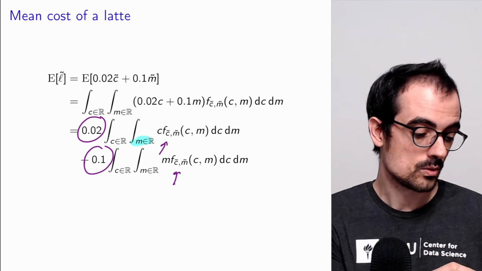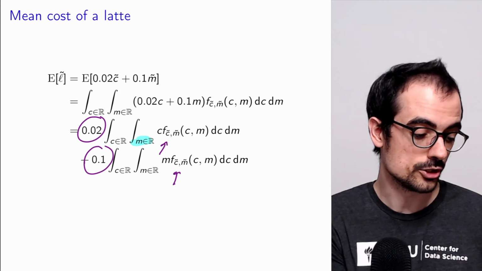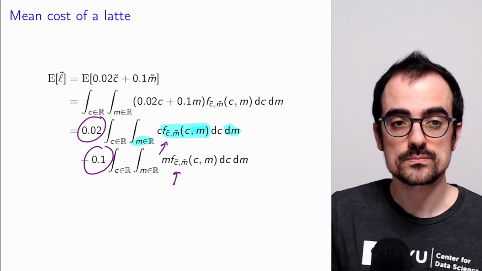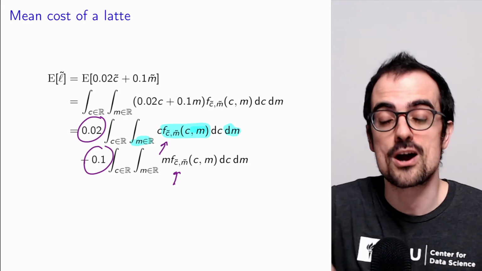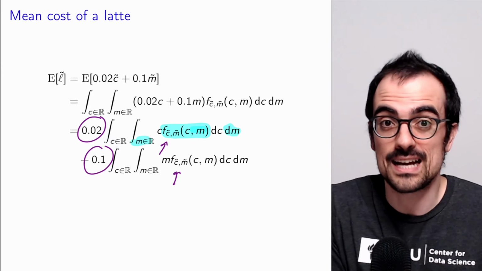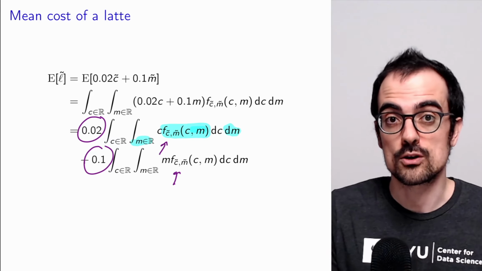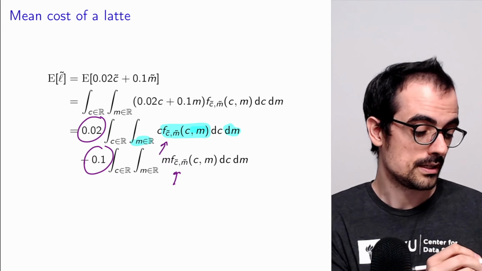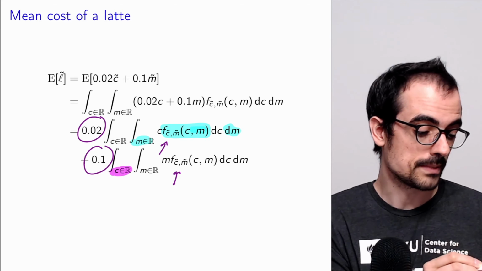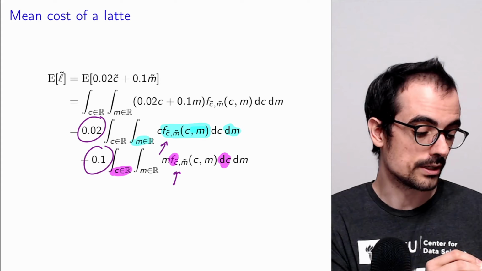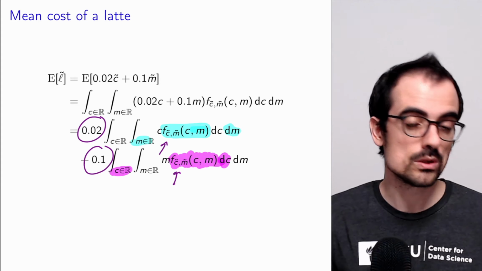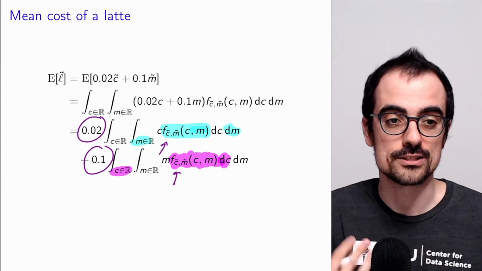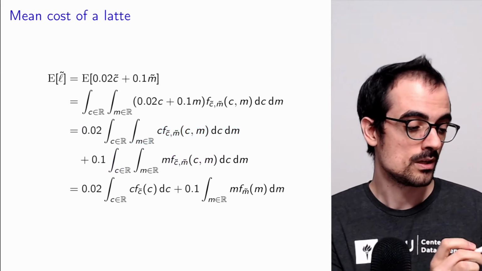But now we see that here we have an integral with respect to m, which only concerns the joint PDF. And when we take that integral, what are we going to obtain? We're going to obtain the marginal density of C. This is exactly how we compute the marginal density of a continuous random variable from its joint PDF with another random variable. Similarly, here, if we integrate the joint PDF with respect to C, what is this going to be equal to? It's going to be equal to the marginal PDF of M, because again, this is how we compute marginal PDFs.